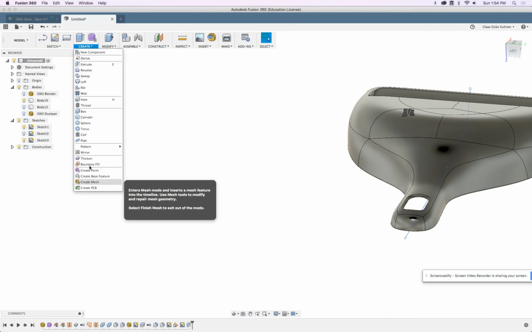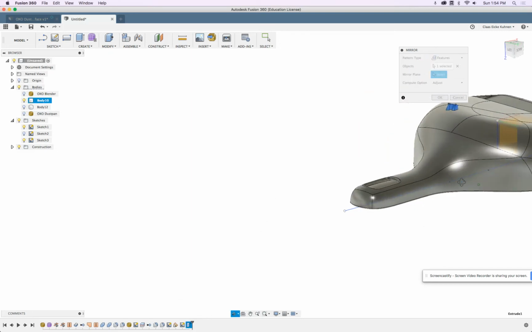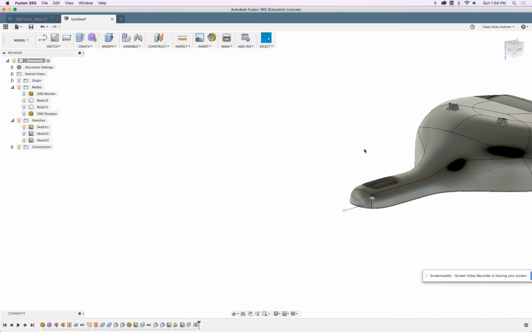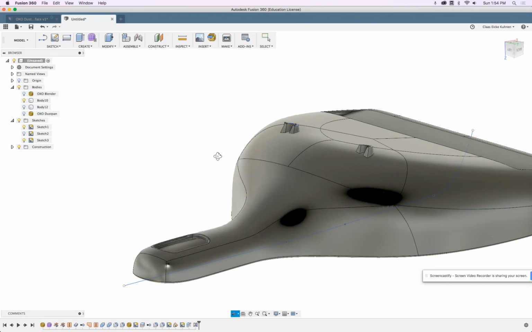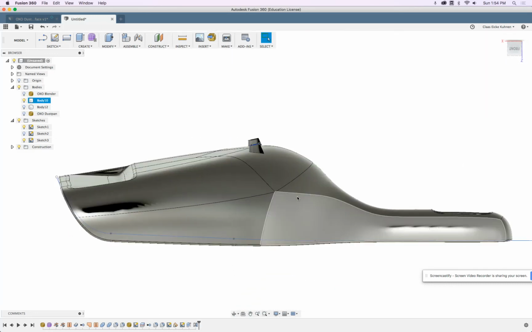And then mirror feature. This feature, so that extrusion, I would like to mirror along this midplane. There we are. So I always do stuff double when we can cut the work by half and simply mirror stuff over. Okay,